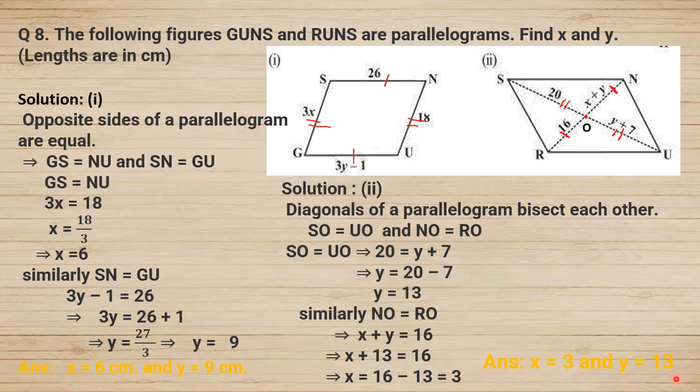So by using these properties of a parallelogram, as we know, the properties of a parallelogram are: opposite sides are parallel and equal, opposite angles are equal, diagonals of the parallelogram bisect each other, and adjacent angles of a parallelogram are supplementary. These are all the properties of a parallelogram, and using these properties we can easily find out the unknown values for the given parallelogram, not a general quadrilateral, the given parallelogram.